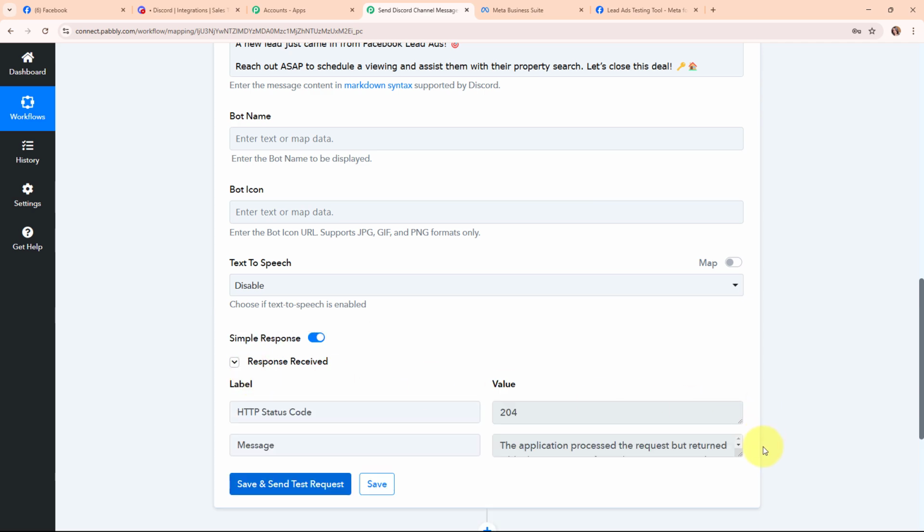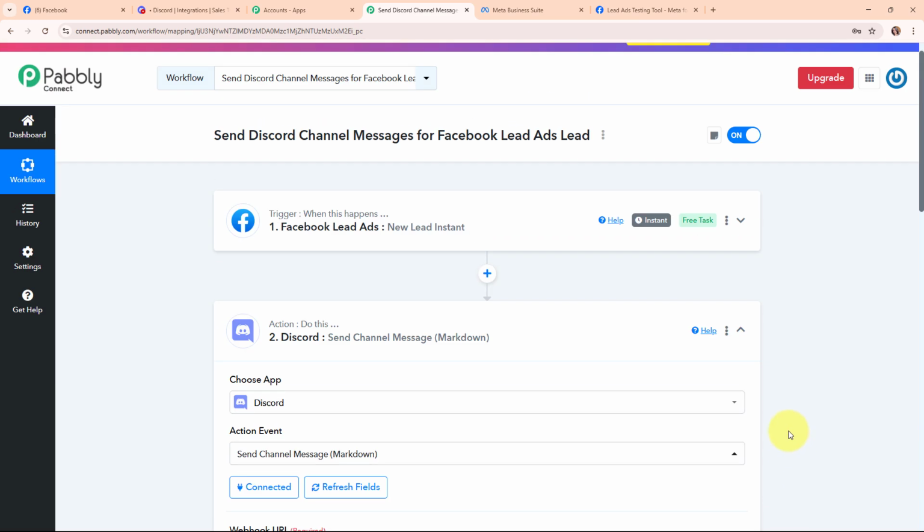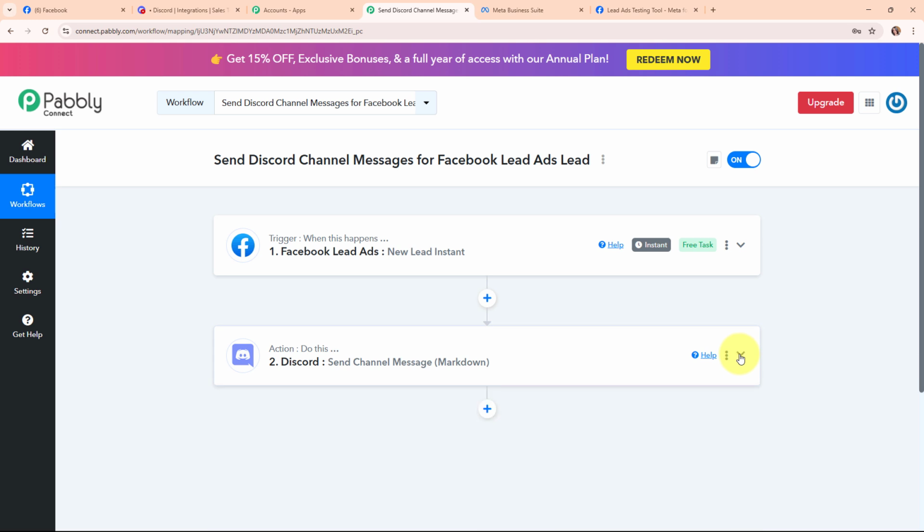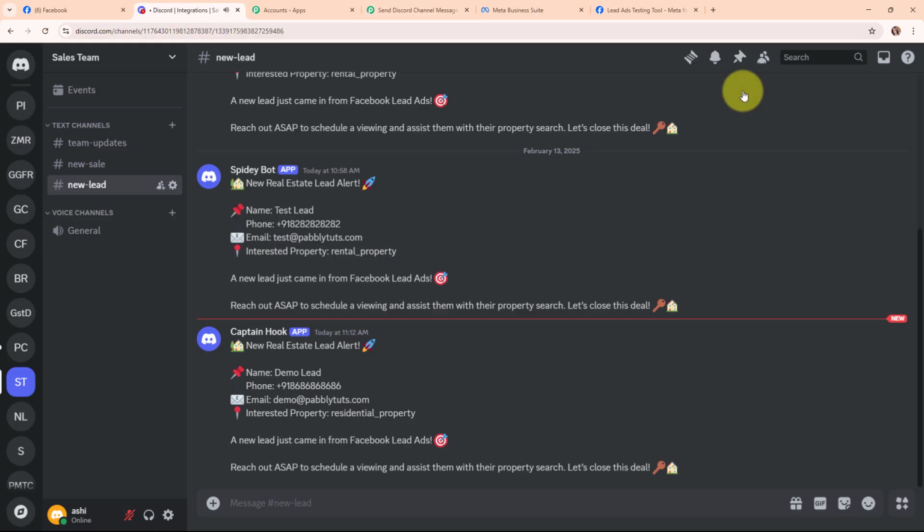And here you can see we have received a successful response. That means we have successfully sent a new message on our Discord channel for the new lead received through our Facebook lead ad. So now let's go and check it. And I'm going to click on this escape, and here you can see we have successfully received a new alert